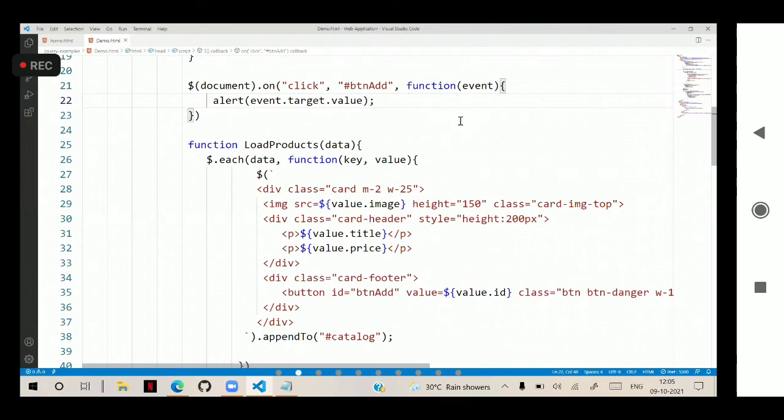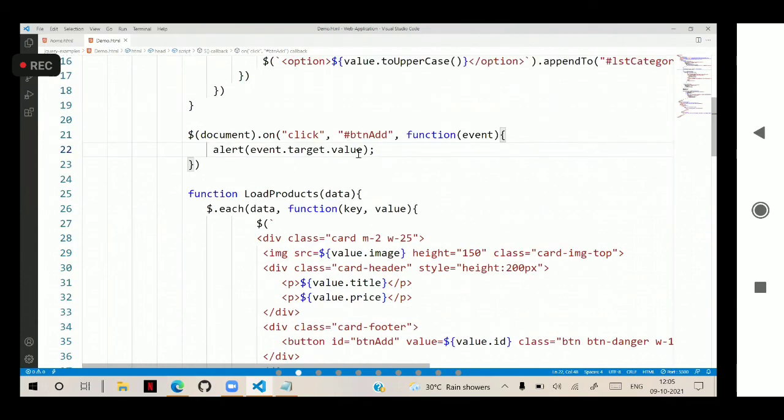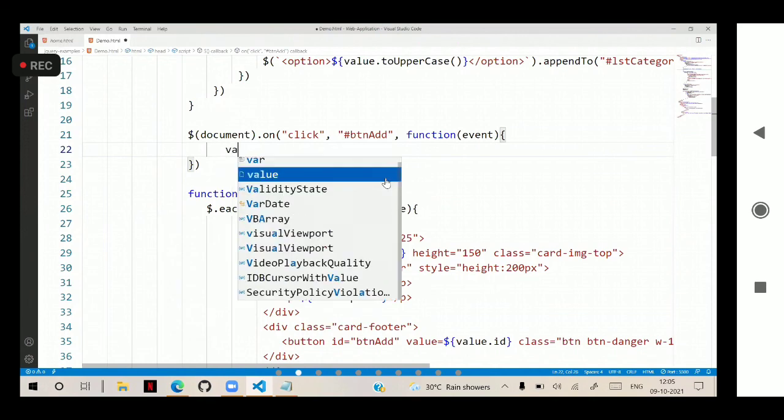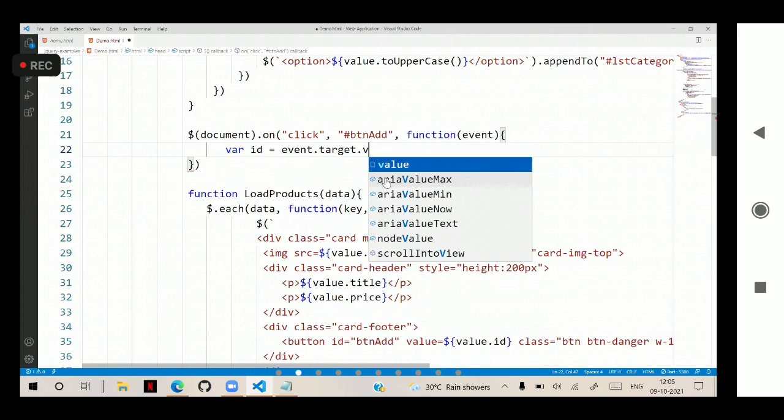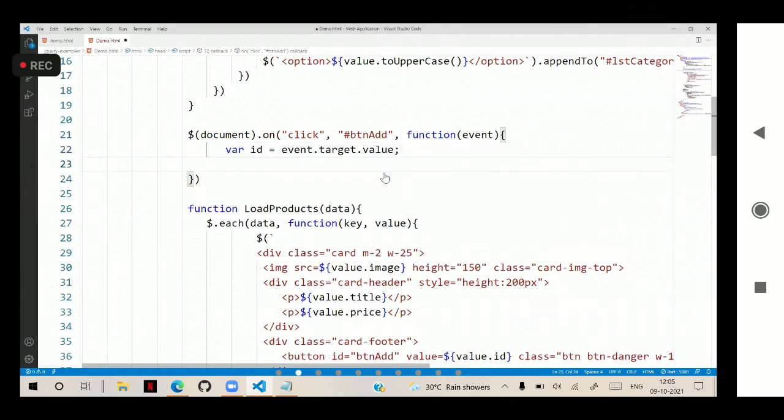This is important to understand which product they are looking for. Now we can pass this ID, and we can fetch and display the details of that particular record and add it. Now, how can we search and get the record that belongs to that ID? For that, we have another API method. So what we have to do is get var ID equal to event dot target dot value. Okay. Then we use a fetch method.